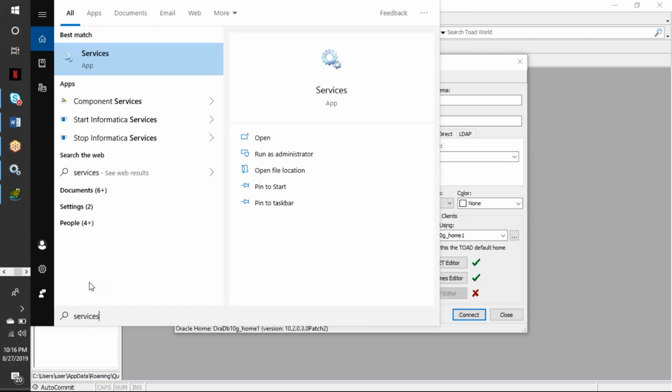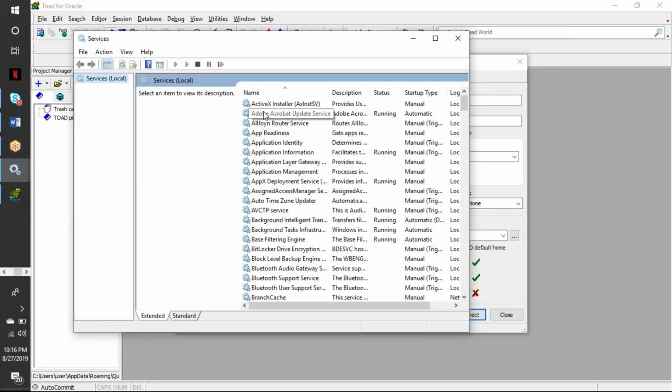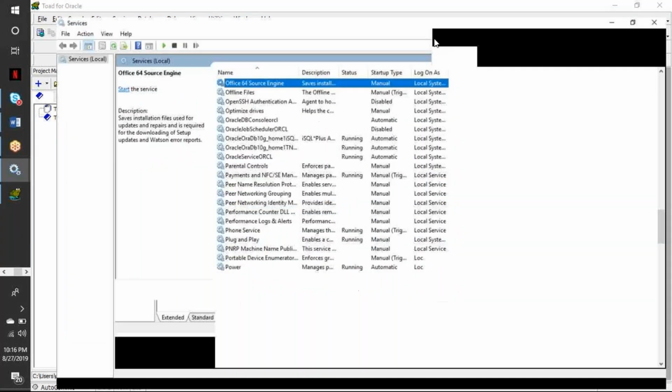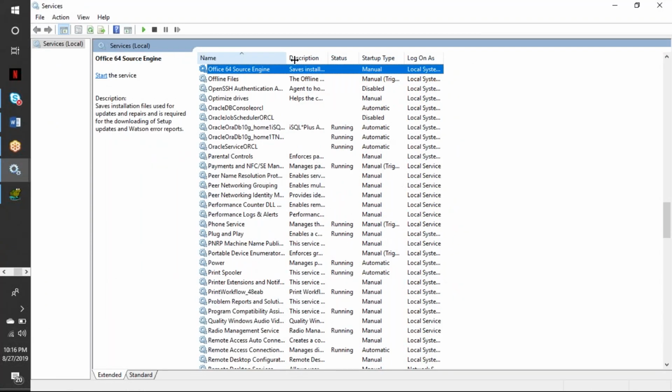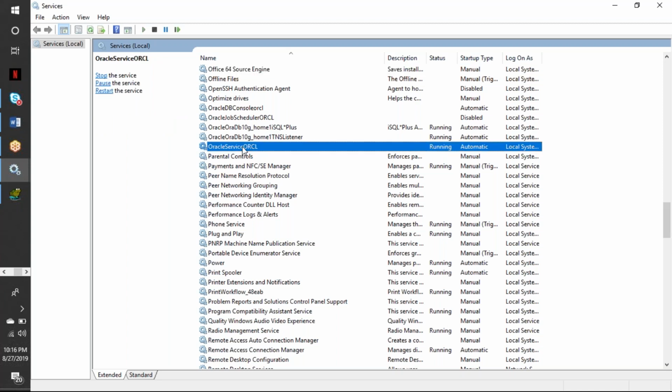Open that. Select the Oracle service. Maximize. Do one thing: can you restart the ORCL service also? Select that one. Restart.